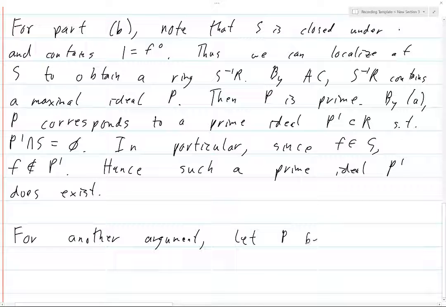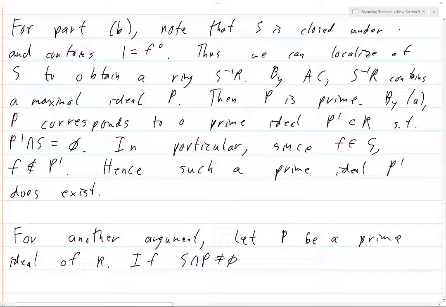So here, let P be a prime ideal of R. Anyways, if S intersect P is non-empty, i.e.,